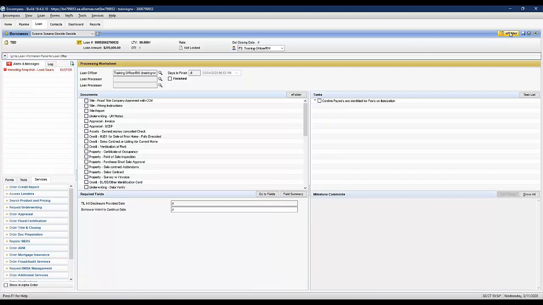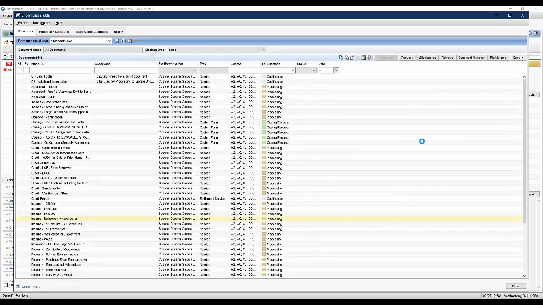So what does this look like? If I'm in an Encompass loan file, I can go to the E folder, and then if this loan is linked to Blend, notice I see a Blend icon up here. I call it my little Blend buddy. And it's even telling me, sister, you have 4 documents to import. So I go up here,